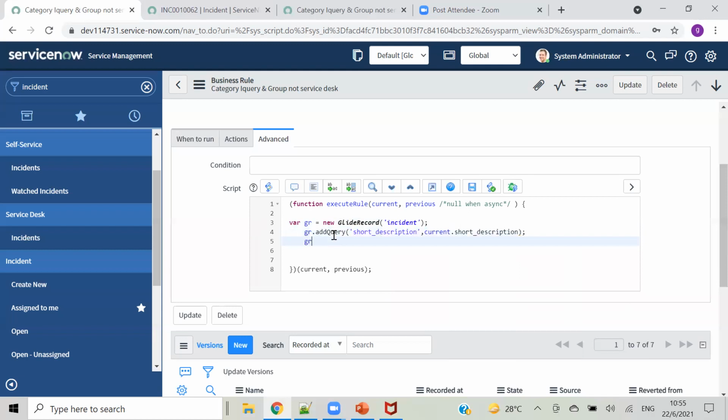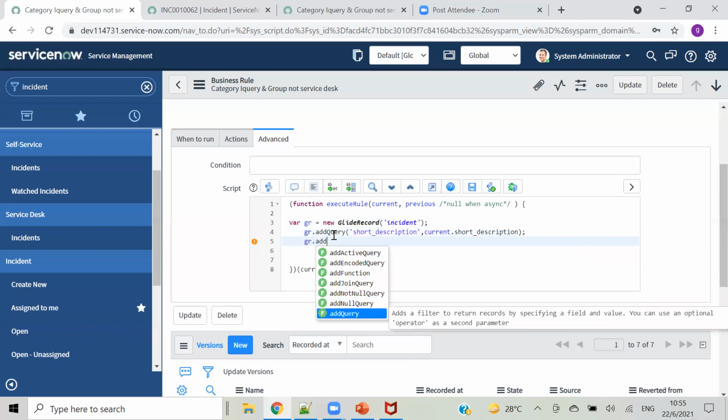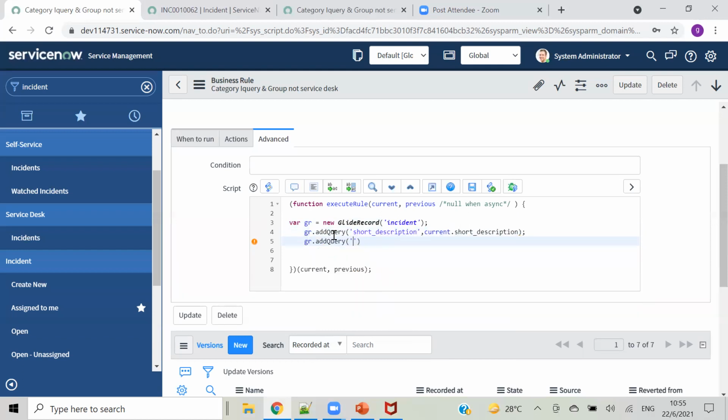Okay, and gr dot, I have one more condition, that is about caller. So add query. So again, caller underscore id. I remember this because I told you an example yesterday. So short underscore description is the background name of short description, and caller underscore id is the background name of our caller id.